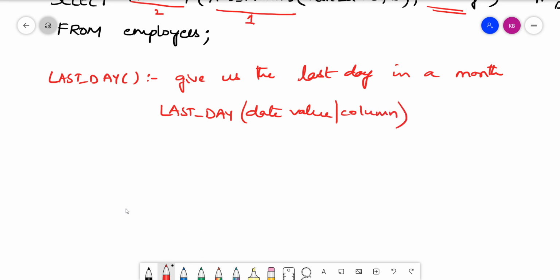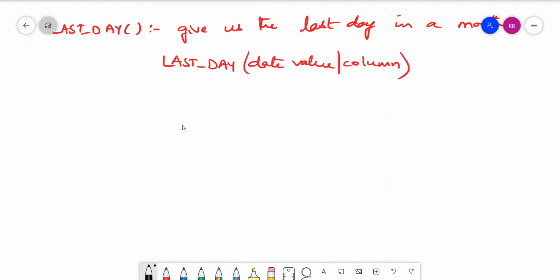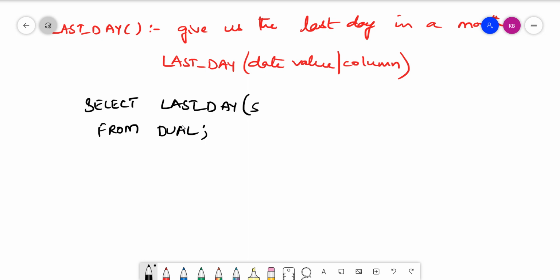So how do we apply this last_day now? So suppose if I wanted to write select from dual, we will make use of last_day and apply this on sysdate, today's date, right?